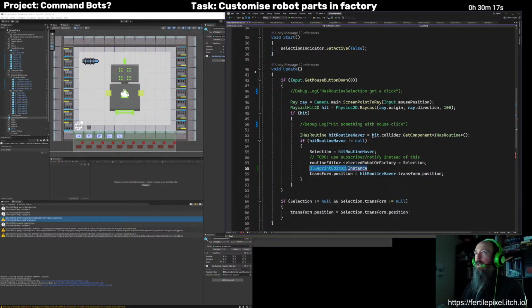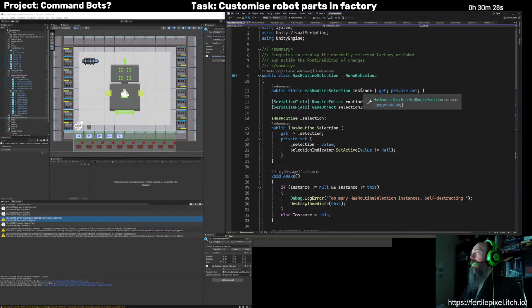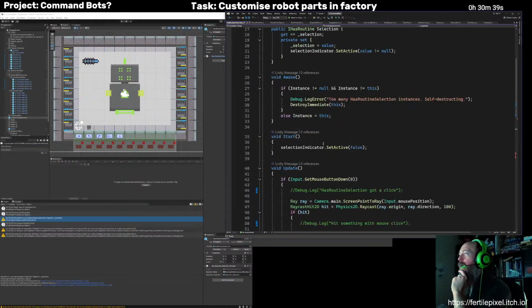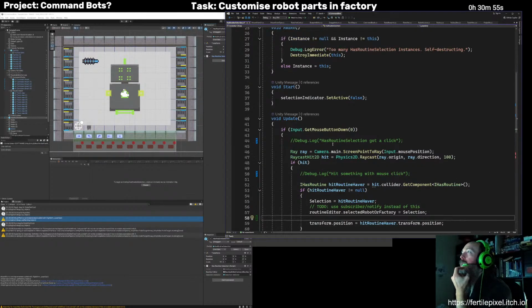And that would notify the bit that's responsible for this every time. I can kind of do it the other way around, potentially. I think, yeah, this is a singleton, so it just has a single instance. And that means that effectively anything can just have a look at what the selection is right now. But they won't necessarily hear that there's a selection. Which does matter because we need to update what's on here when the selection changes. But let's not worry about that right now.